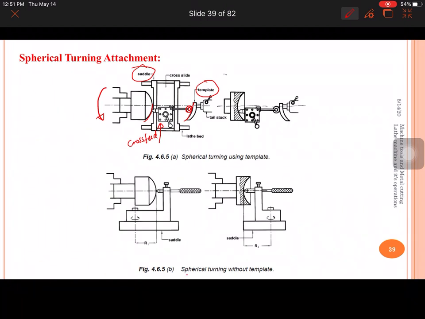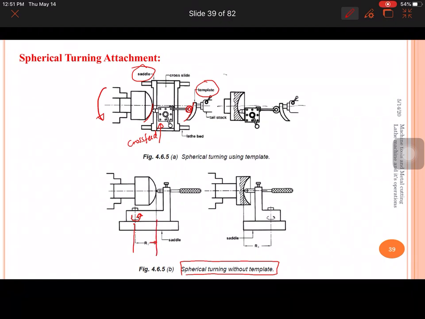This can also be done without using any template, that is what is shown in this figure. Okay, the work part is rotating, and this attachment is also rotated, so that you can generate the spherical surface on the work part. But this is decided by what?